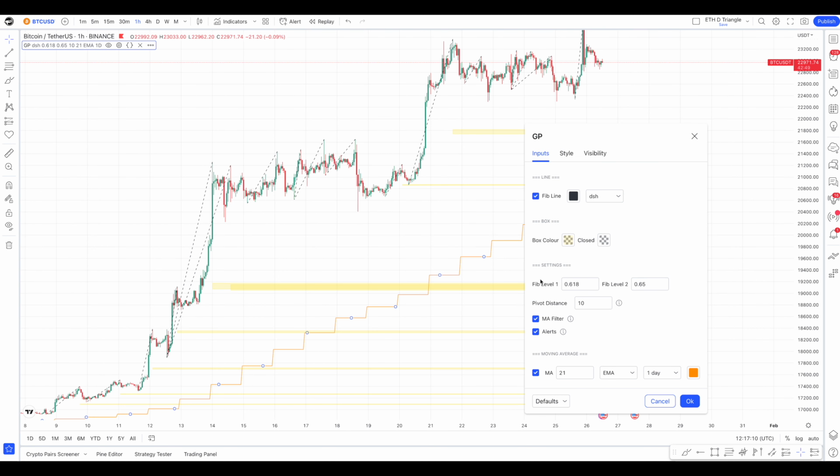Next is the pivot distance. This will be looking at the highs and the lows. The higher you make this number, the less frequent you're going to see these signals, but they're going to be more of the higher or the lower. So if I set this to 25, for example,